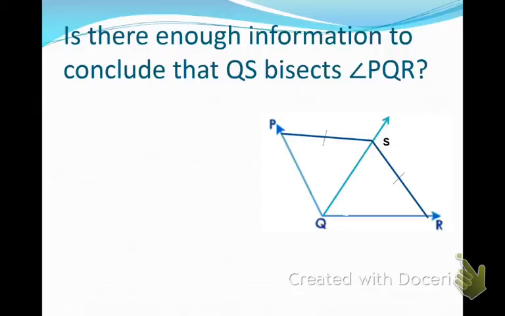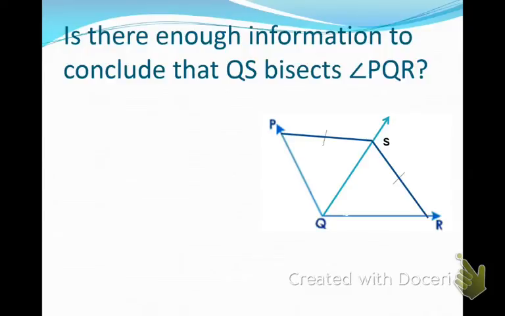What are we missing? What's missing, Jacob? Which angle? Oh, it'd be where S is. That's not where we're missing an angle. What are we missing? Before we could say QS is the angle bisector, what do we have, what's missing